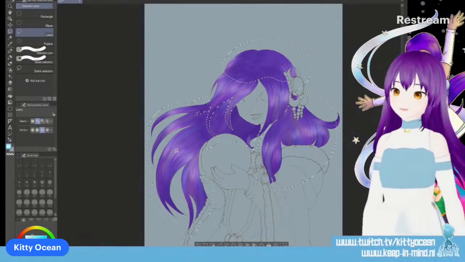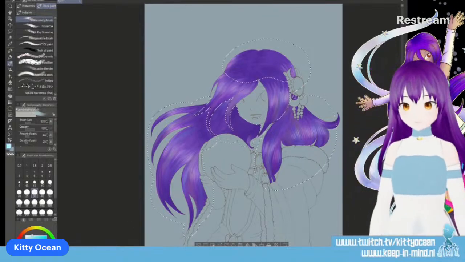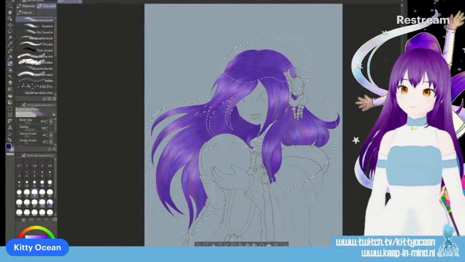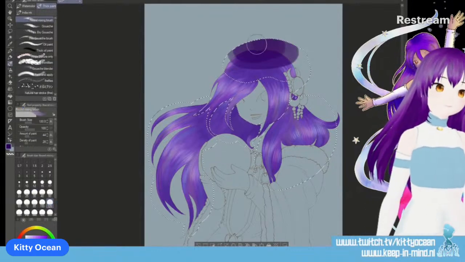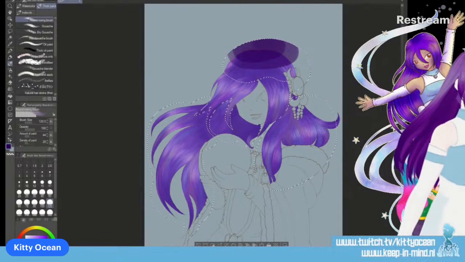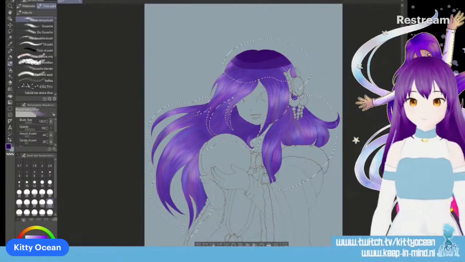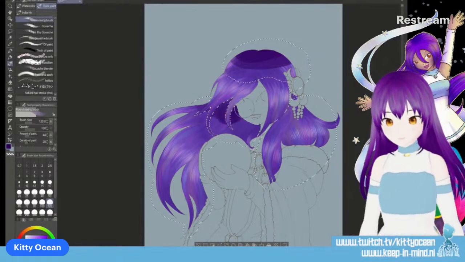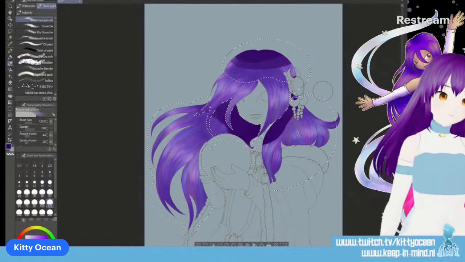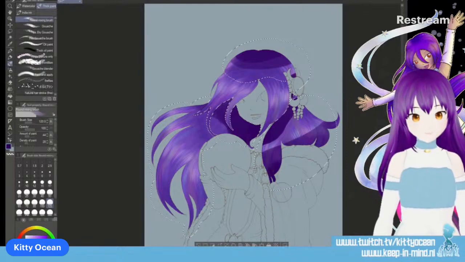Okay, the first shade, just a round mixing brush, the darkest purple. And see, now comes the magic. Wait, wrong button. There we go. That's okay if I missed a spot over there. Let's actually.